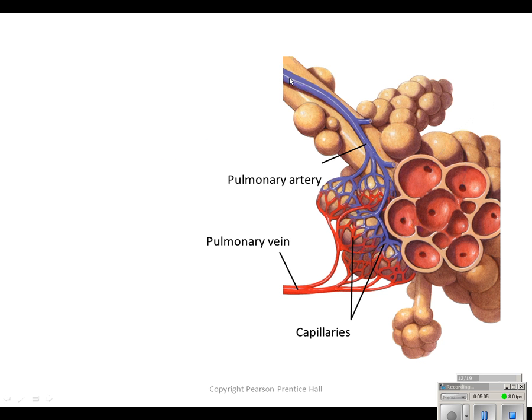And we can see that we have a pulmonary artery. And arteries are typically colored in red because they're carrying oxygenated blood, but this is a special one in the body. It's carrying deoxygenated blood. And this blood is actually coming from the heart to pick up the oxygen and exchange the carbon dioxide that it has so that it can be oxygen rich and carries it back through this pulmonary vein to the heart so that the heart can pump it to the rest of the body.